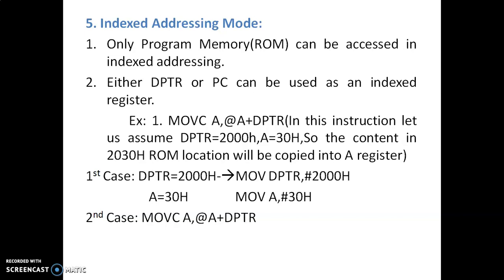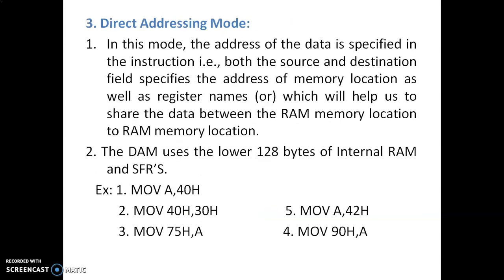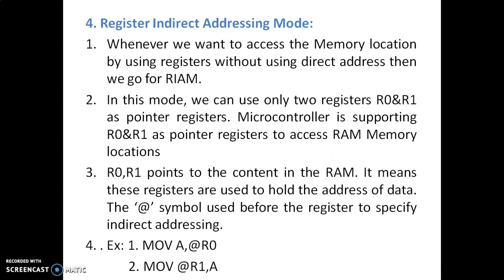When you are talking about the register addressing mode, both fields, the destination field and the source field, specify registers. Whenever you are talking about the third one, direct addressing mode, both the source and destination fields can be memory location addresses or register names. And coming to the fourth one, register indirect addressing mode, we are accessing the memory location indirectly by placing the @ symbol. Whenever you place